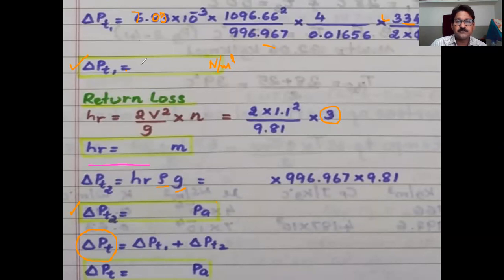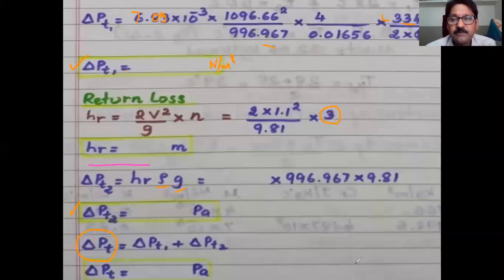So follow this problem for all the mechanical design and pressure drop calculation for shell and tube heat exchanger in the previous 2 problems. You complete those 2 problems by referring to this problem. What is delta PT1? We'll finish it. Okay, only 2 steps are there. You're not getting any value. So delta PT1, any answer?